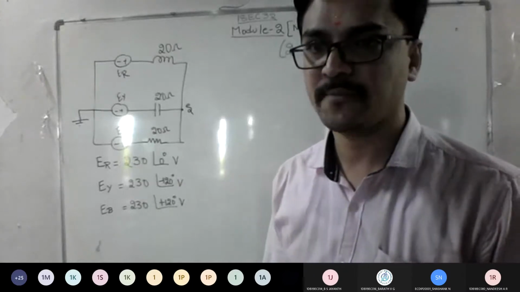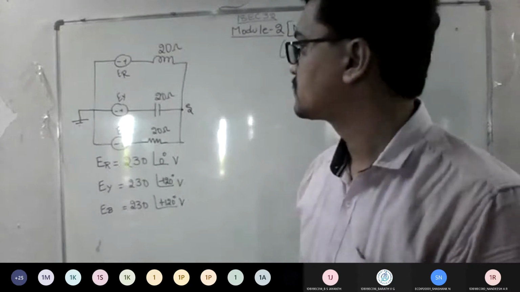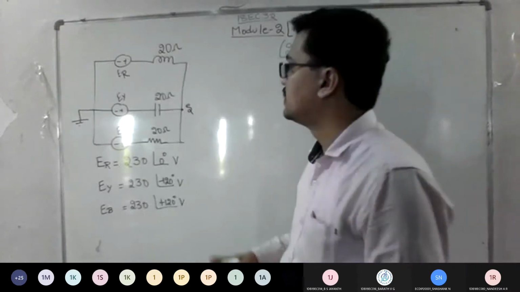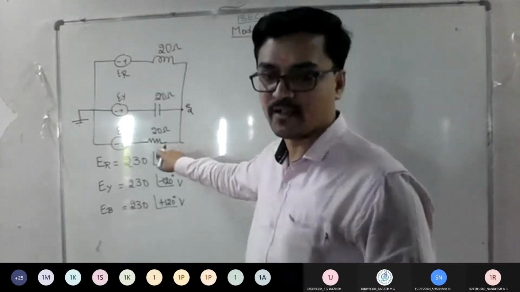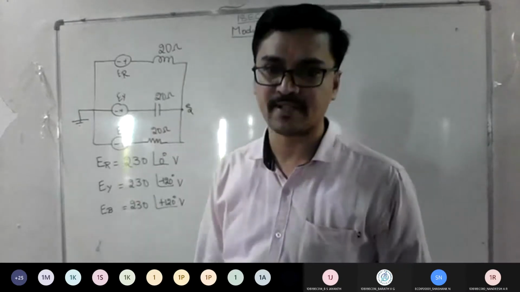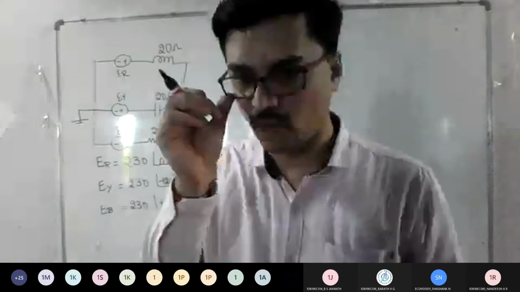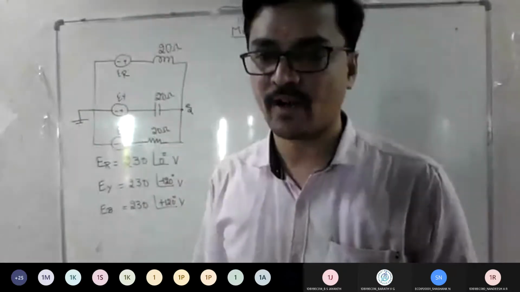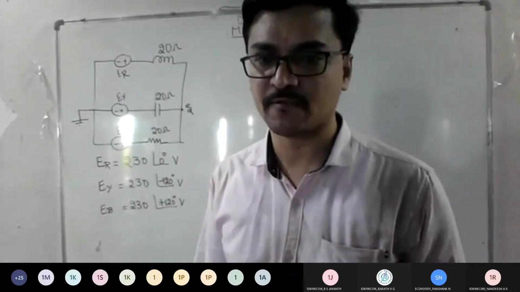Written a question. Shall I proceed? Yes, sir. Okay. Now you tell me. See, there is no problem with my resistor of 20 ohm. So the problem is with my 20 ohm inductor and 20 ohm capacitor. You can't consider 20 ohm for inductor and capacitor because it is an AC analysis. It should be in terms of complex mode.